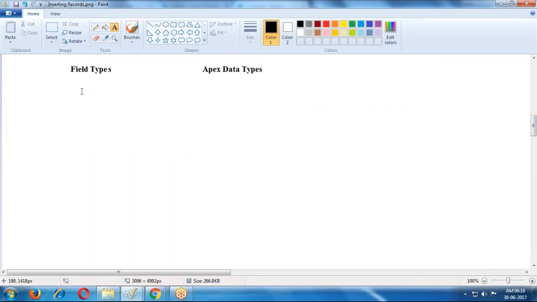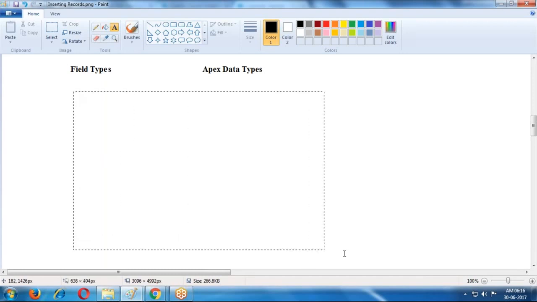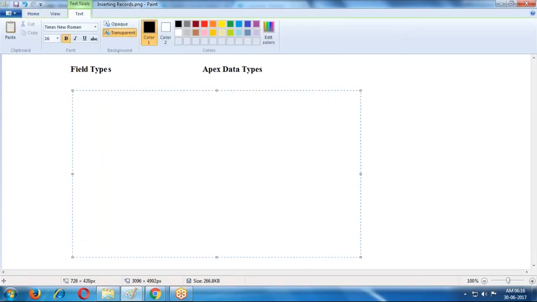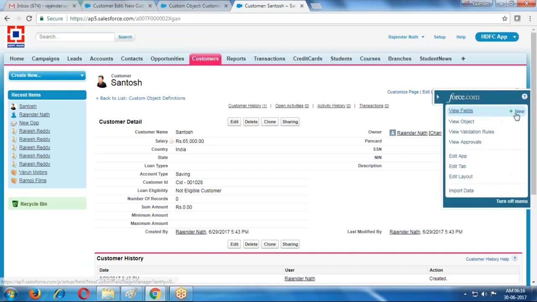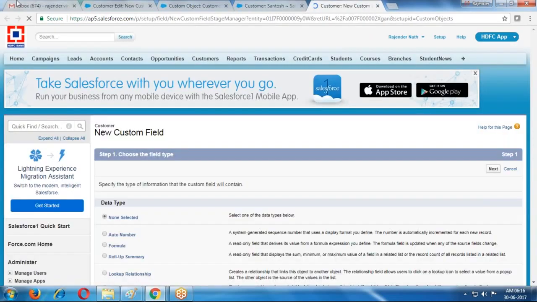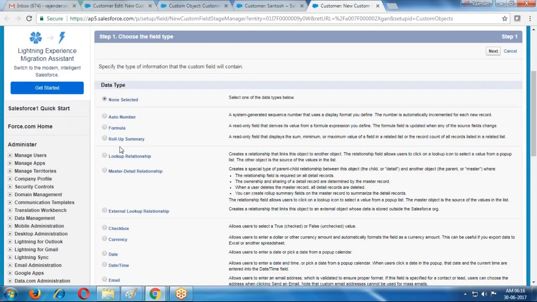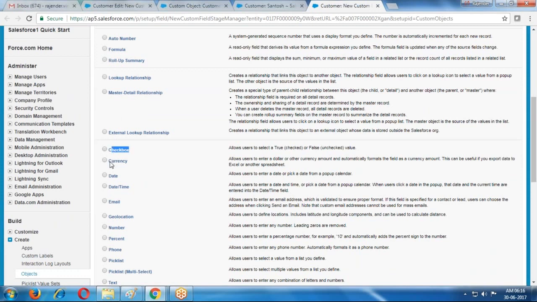Checkbox, auto number, currency, date, date time, email, geolocation, number, percent, like this.